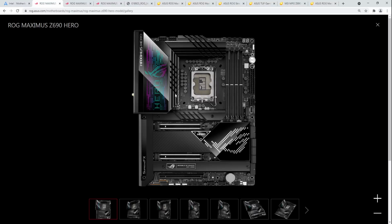Okay, so let's think about this. If I wanted Thunderbolt, I could get a ProArt for like $400-ish. If I wanted 10 gig, I could get a ProArt for like $400-ish. This doesn't even do 10 gig. That would also still get me 2.5 gig. If I want dual X8, I could get a Pro...